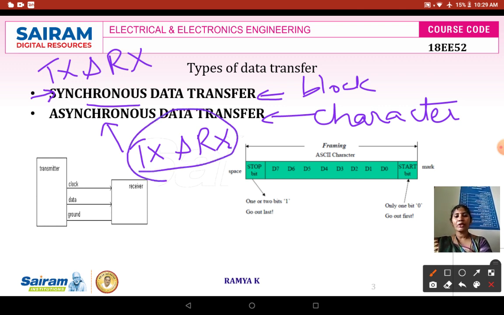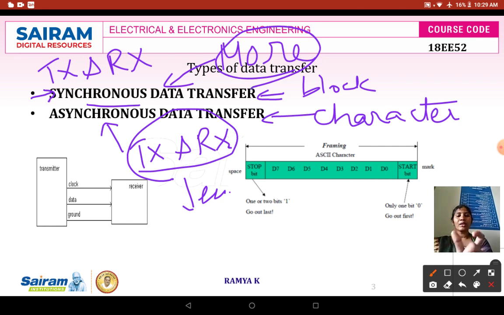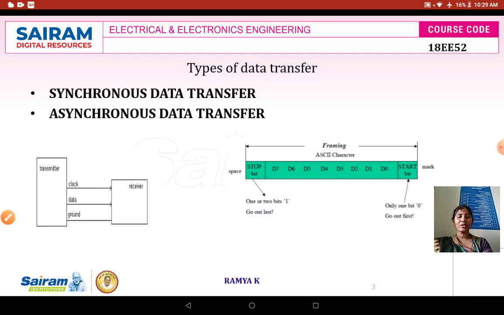since it is operating at different clock pulses, the time taken between sender and receiver to transmit the data will be less. Whereas in synchronous data transfer, the amount of time required to transmit the data will be more. Why? Because it needs a certain amount of time to achieve synchronization according to the frequency at which the transmitting and receiving pulses are operating. So these are some of the differences between synchronous and asynchronous data transfer.